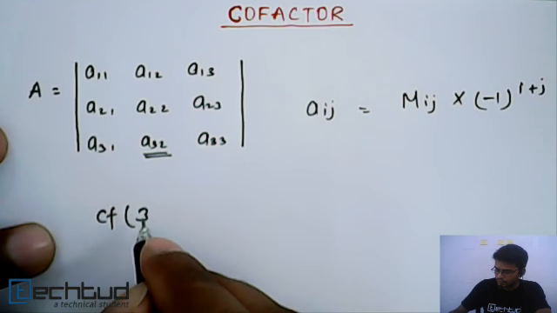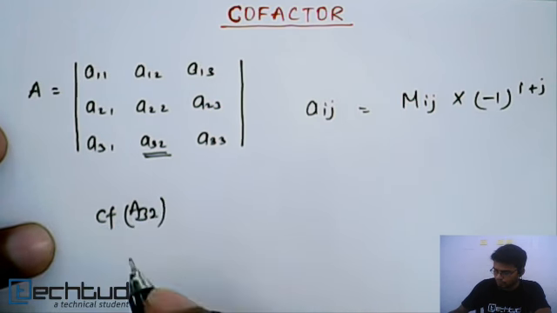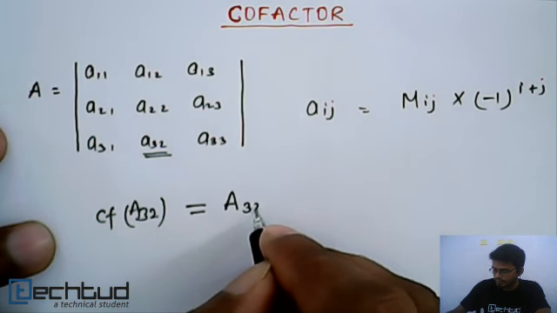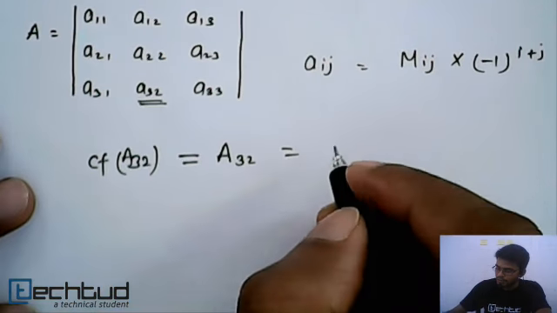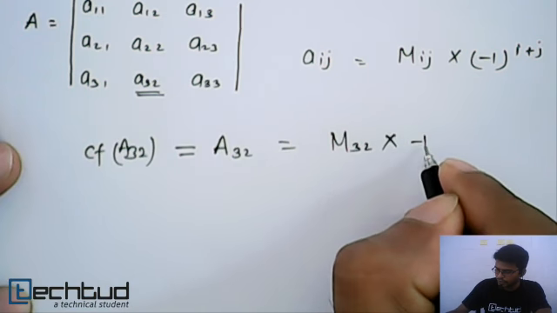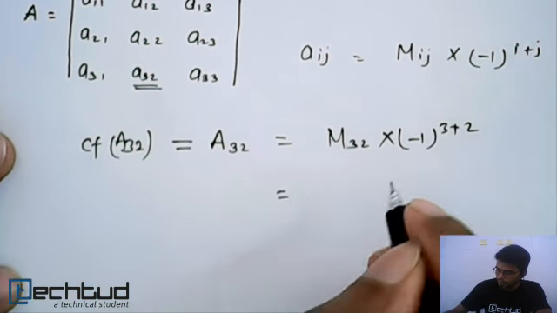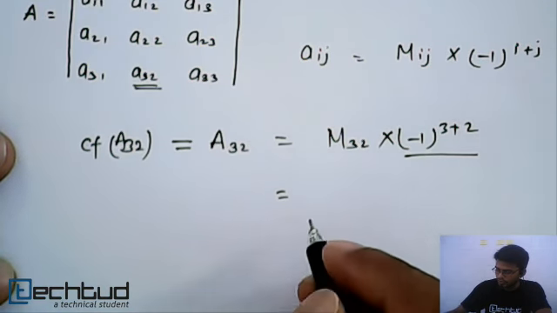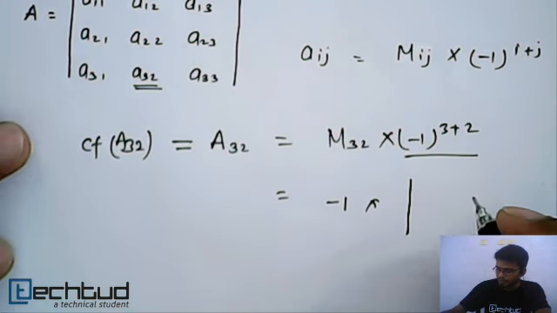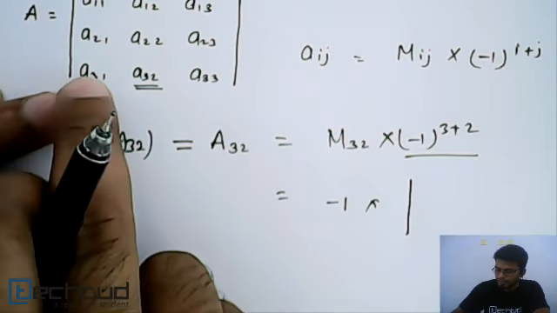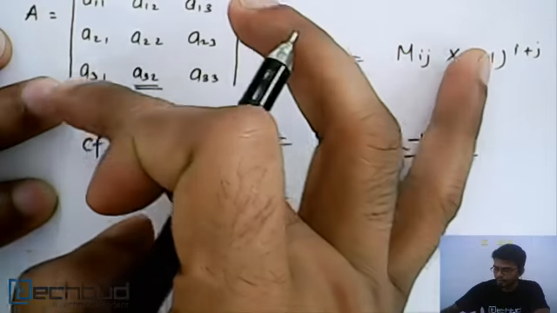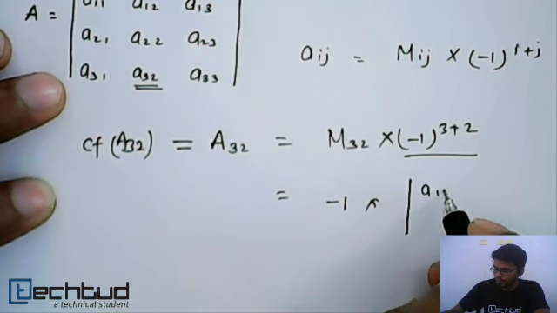Okay, so what I want to say here is, if we want to calculate the cofactor of A32, we shall represent this cofactor as capital A32, which equals minor M32 into minus 1 to the power 3 plus 2. 3 plus 2 is 5, which is odd, so this will be minus 1 into minor of 32. We will hide this row and this column and write the rest of the elements, so it will be A11,